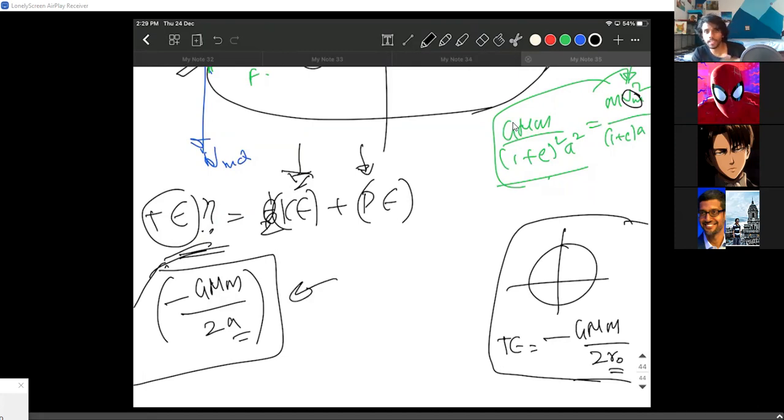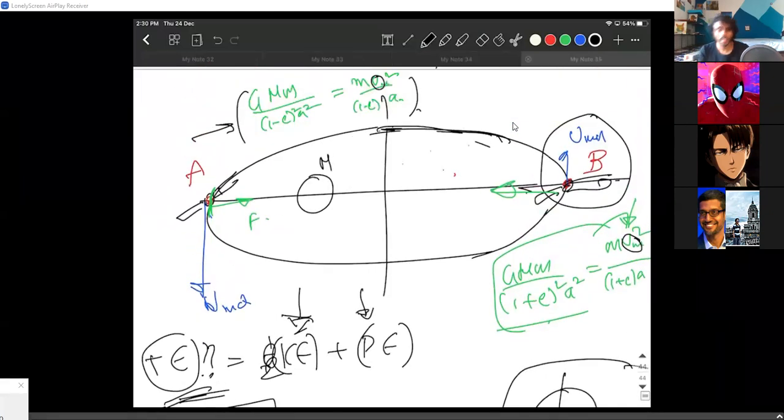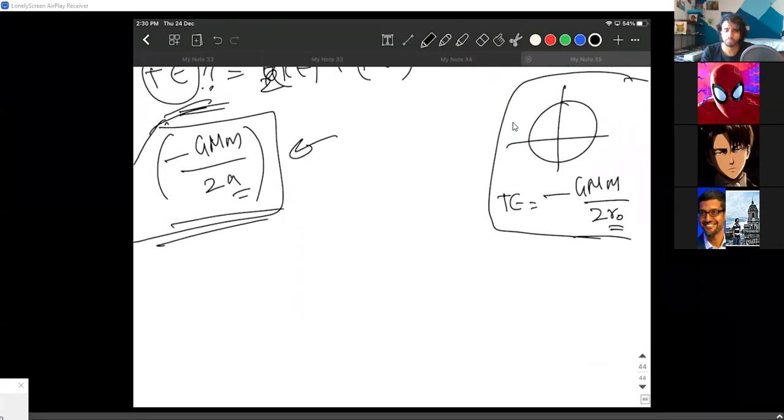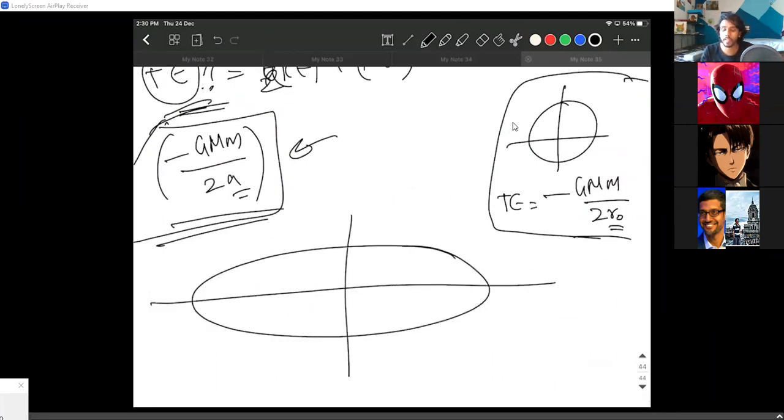There is nothing more to give. I already gave the way to do it. I'm asking you to prove it. Okay, now once you're done with the total energy, is it important? Yeah, maybe, because writing the total energy is sometimes important in elliptical orbits. Sometimes you might have to write the total energy in random positions. It might come in useful because the total energy is a constant value.